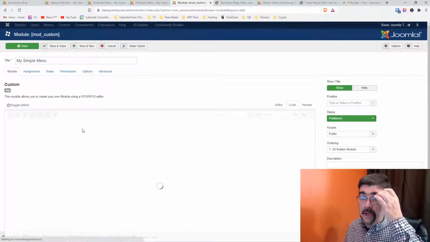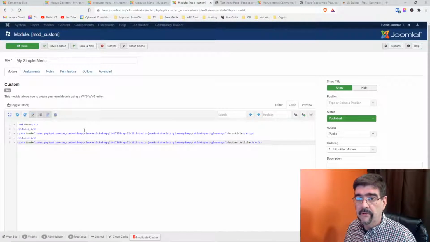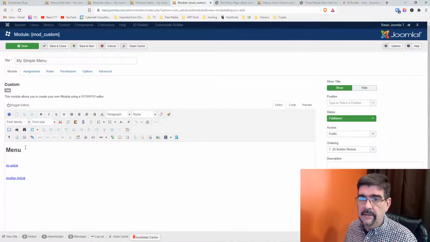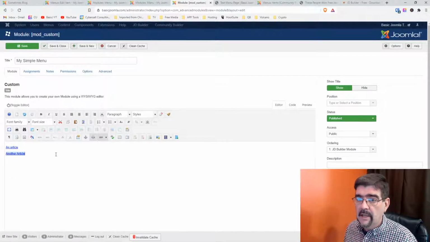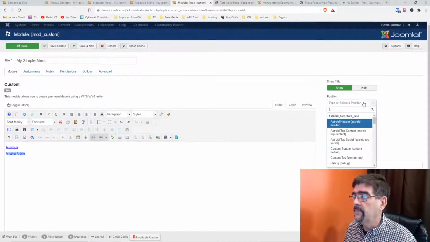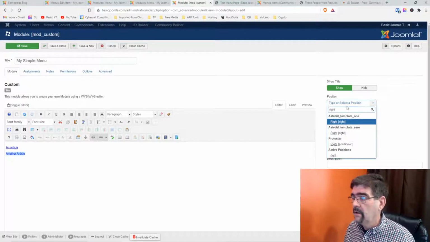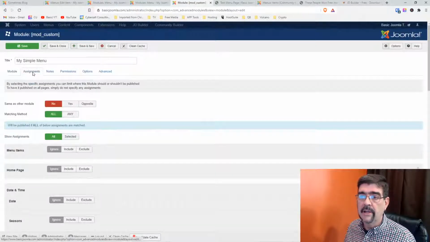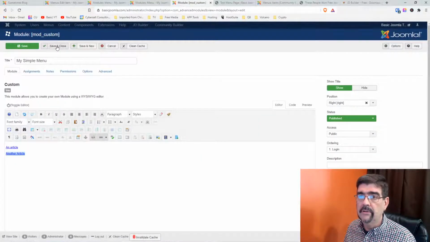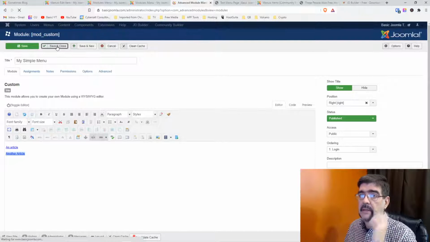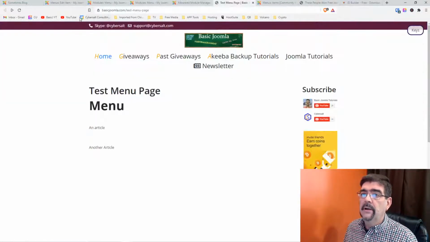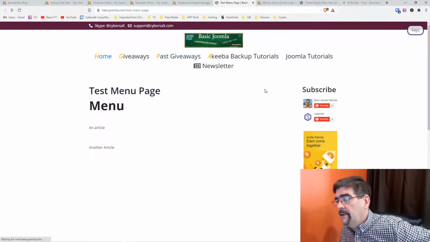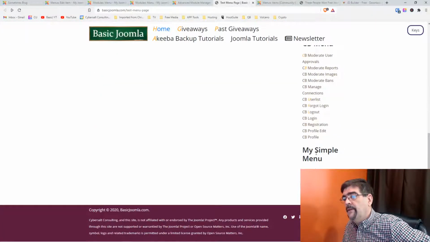Now, I already have code copied from the other page. I'm going to go Control V. All right, now I don't need it to say menu because I already have that. So let's do this, and let's take out this extra space. And now I'm going to assign this to the position right. And we're going to go to assignments. So yeah, go to this, and for now we'll do this. And then when we go here and refresh, way down at the bottom, we're going to have my simple menu,